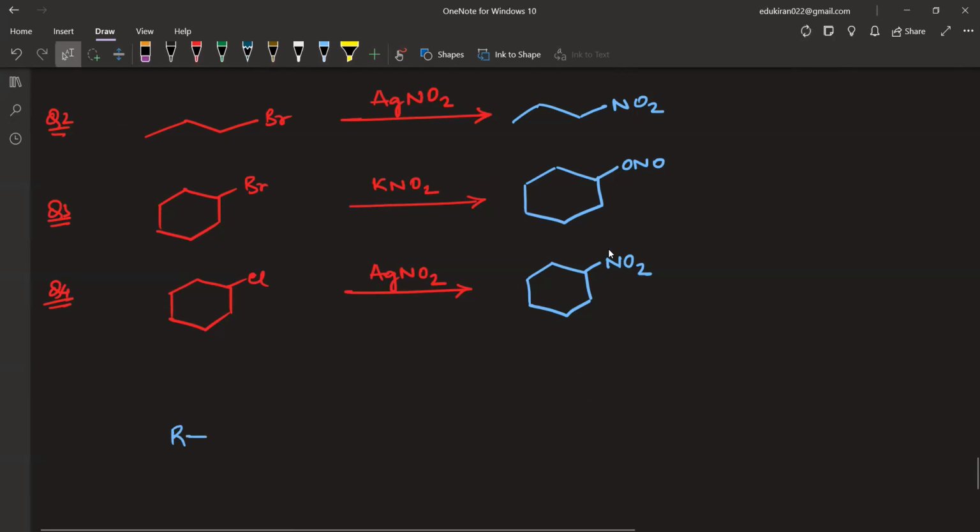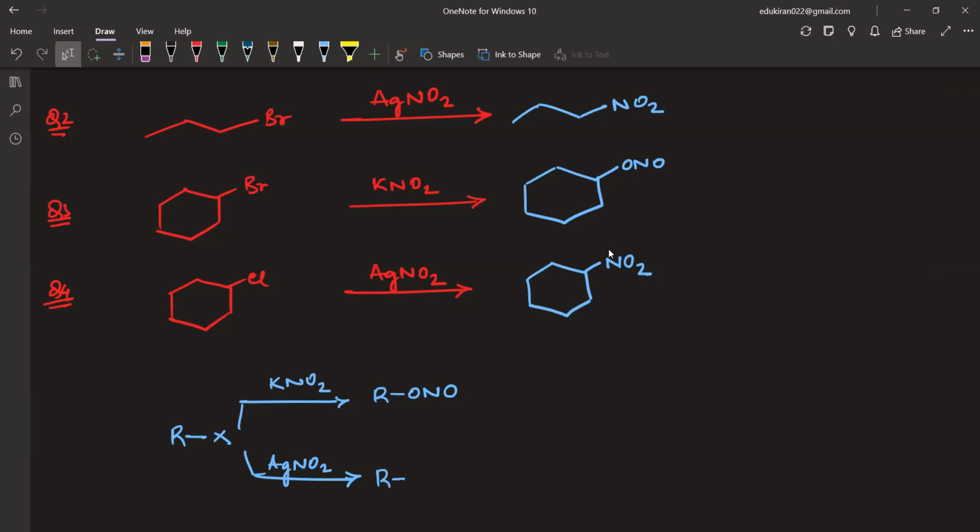If you are writing the reaction, you write RX. When it reacts with KNO2 it is going to give me RONO, when it is going to react with AgNO2 it is going to give me RNO2। ठीक है, इसको लिख दीजिएगा, इसको कहते हैं अल्काइल नाइट्राइट और इसको कहते हैं नाइट्रो एल्केन।